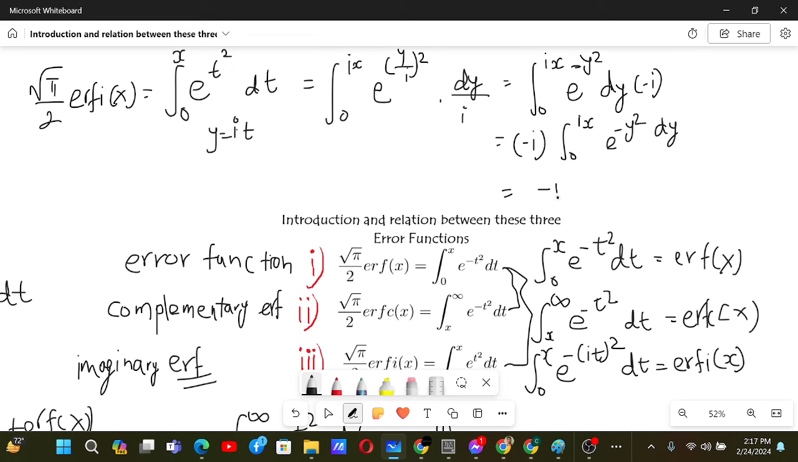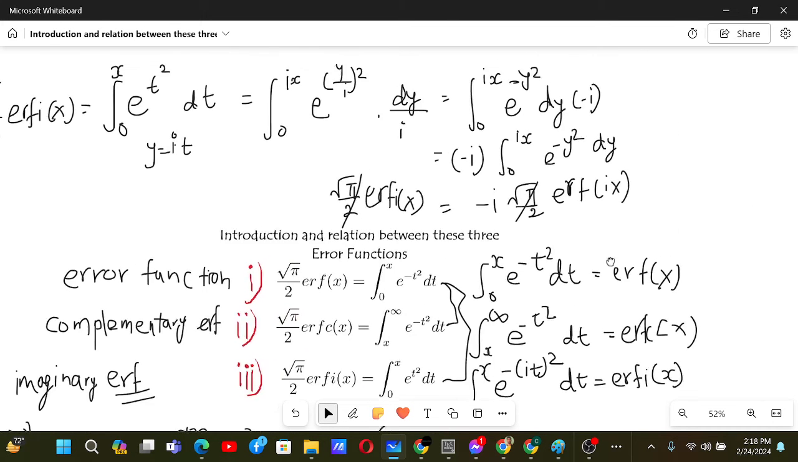That's why it will be minus i, and then this is just root pi by 2 times erf of ix. So basically this variable goes over here, this variable will be here, this variable will be here. So if there's ix, we will have ix over here as well. So now we can see that root pi by 2 times erf x is actually equal to this. Now we can cancel root pi by 2, and that gives us a nice relation that